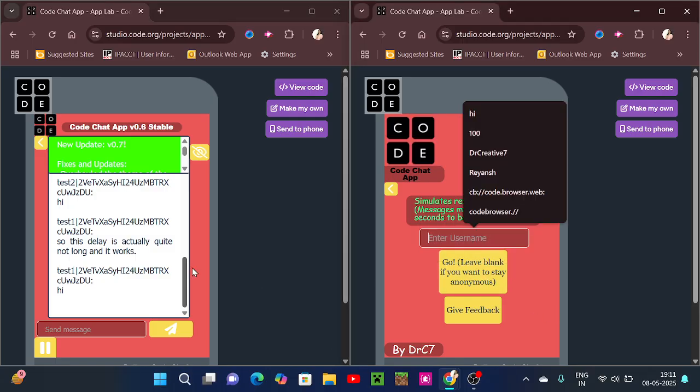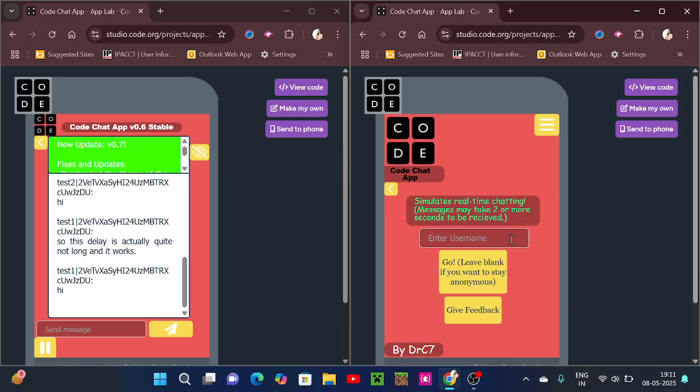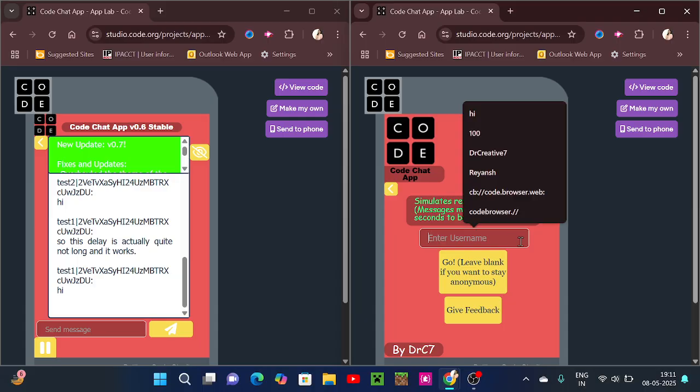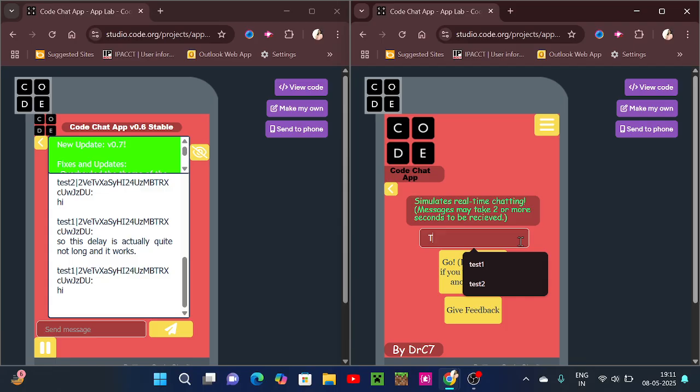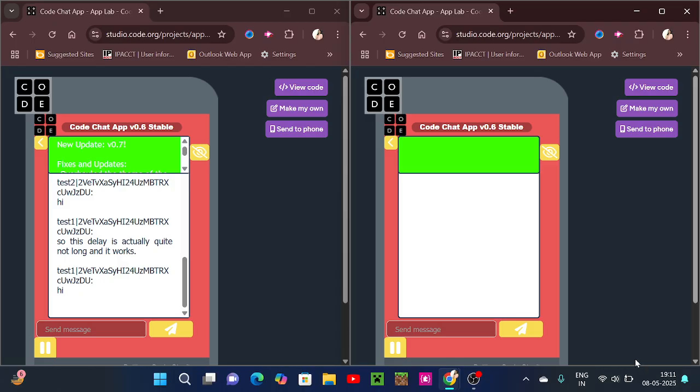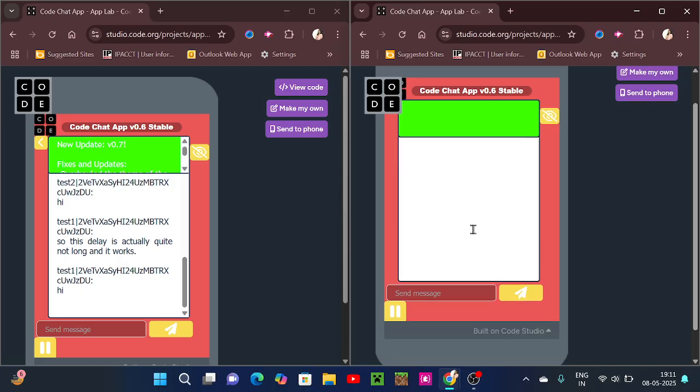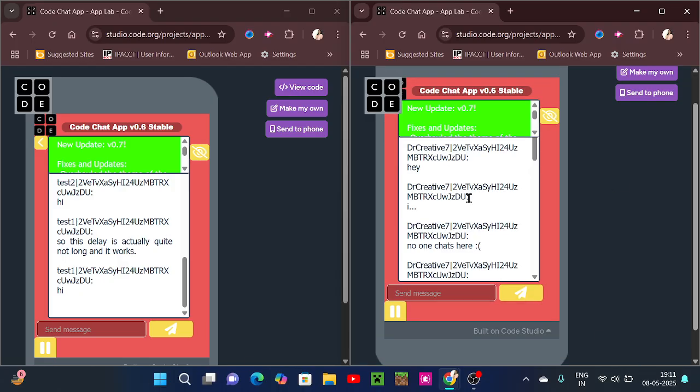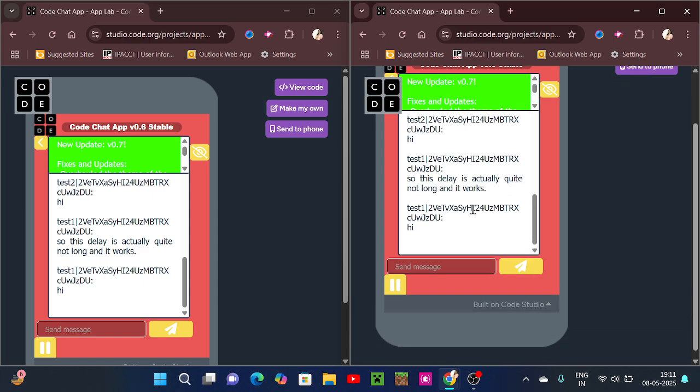So now it has loaded. So now I'm going to enter my name. So I'll enter it as test. So now it will load, and as you can see, it has loaded.